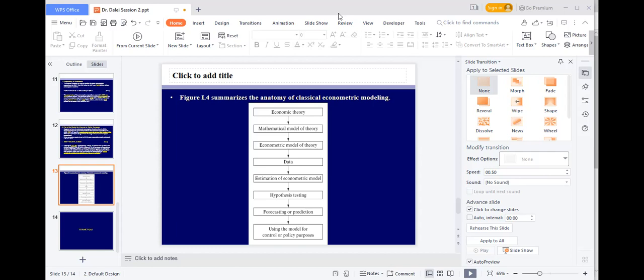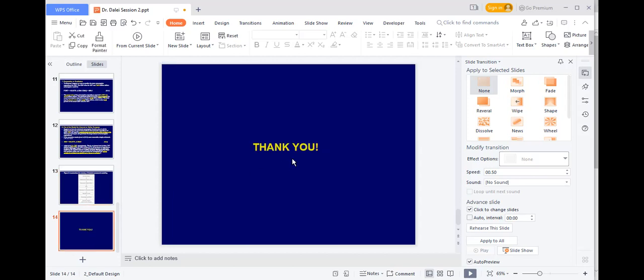If you understand the sequence, any question? If you don't have a question, I would suggest you do reading on this, and I'll send you the reading material, which Dr. Dalei will send me. So with this,